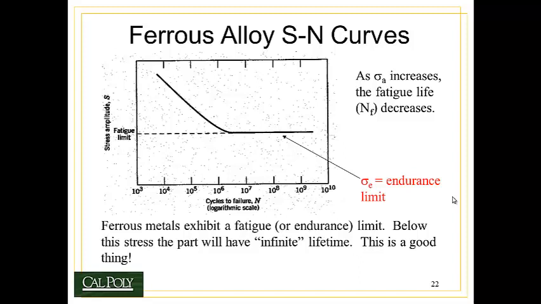So let's take a look at how we actually predict fatigue behavior. Generally, we produce a plot called an SN curve. An SN curve has the number of cycles to failure on the x-axis, always on a logarithmic scale, and the stress amplitude, or how much stress is applied cyclically to the material, on the y-axis. It turns out that all materials start out with a high stress amplitude at low cycles to failure, and as the number of cycles to failure increases, we have to reduce the stress or the material will fail.